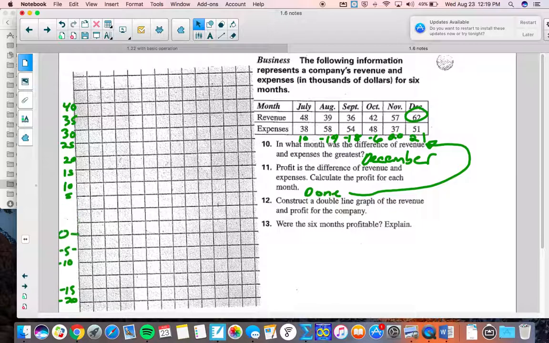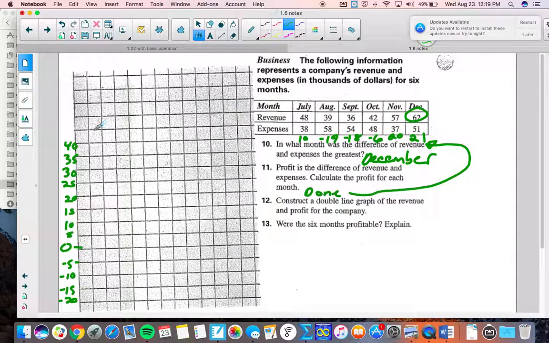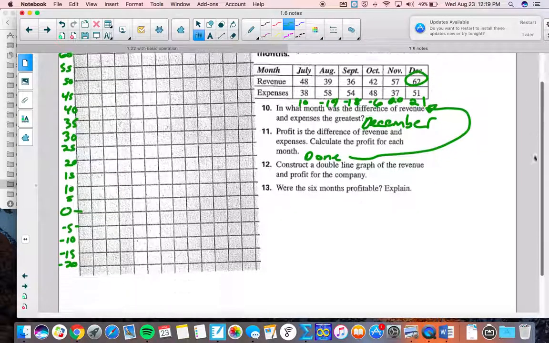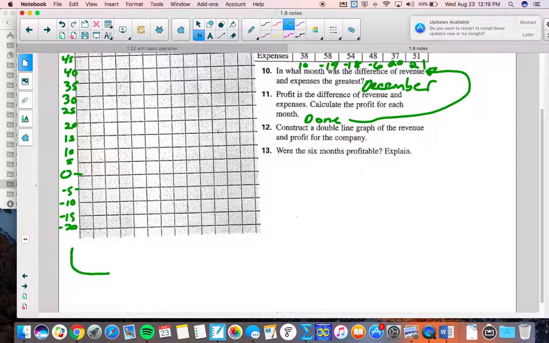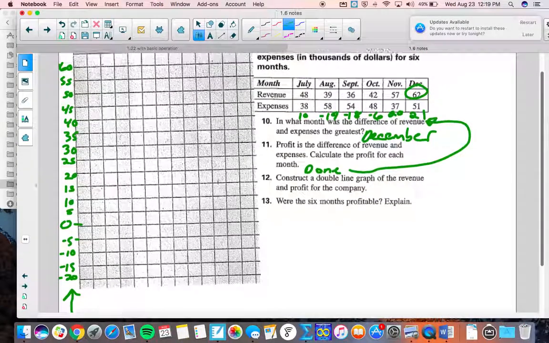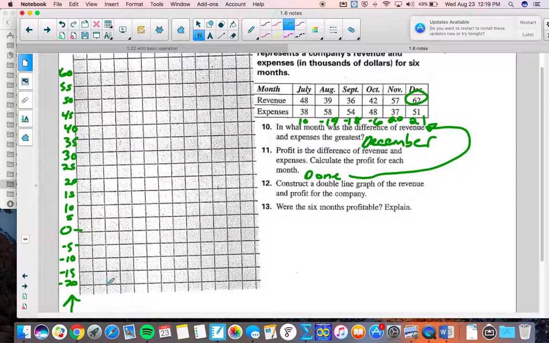Boom. 45, 50, 55, 60. All right, so I don't have a whole lot of space to label this. Dollars. I can't go much more specific than that, folks, right now because, well, you'll see in a second. And then we'll go